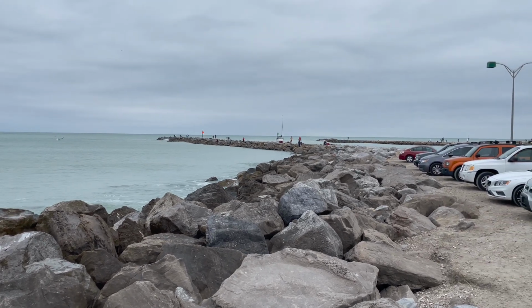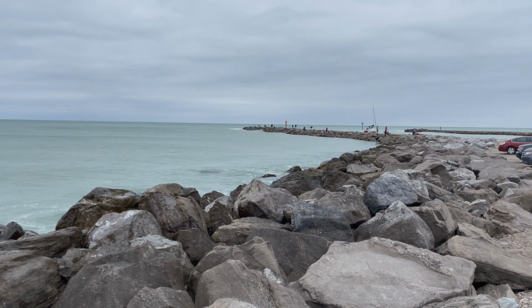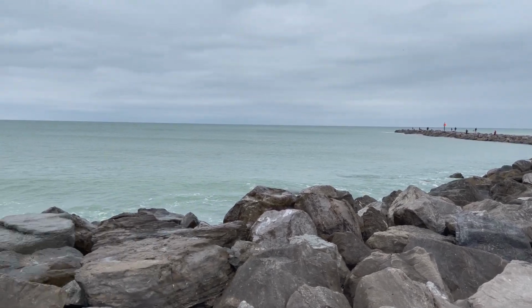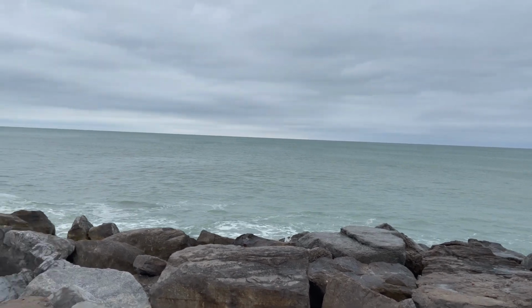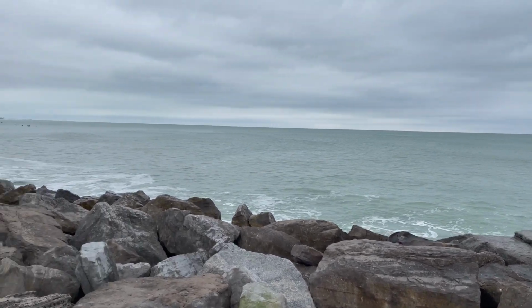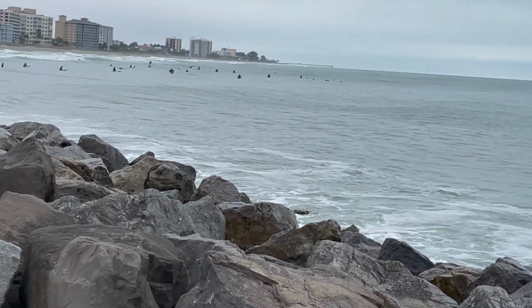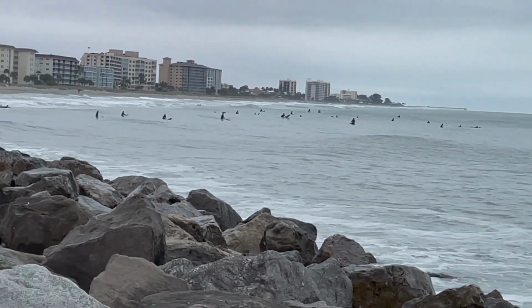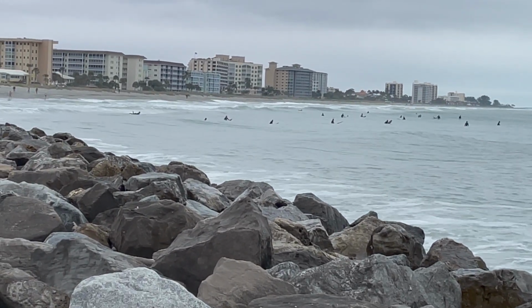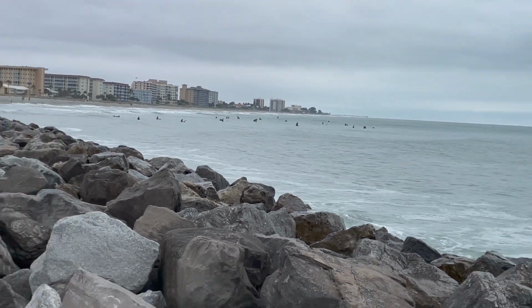You can see the South Jetty over there, but there's all these rocks here too, which I guess is part of the jetty that we're standing on here, and we're looking out into the Gulf of Mexico, and you can see some of the water breaking on the rocks here. And over here, let me see if I can zoom this in. There's a bunch of surfers in the water there. And over there is a beach too, but it looks probably smaller than the one on the North Jetty. Let me zoom back here and